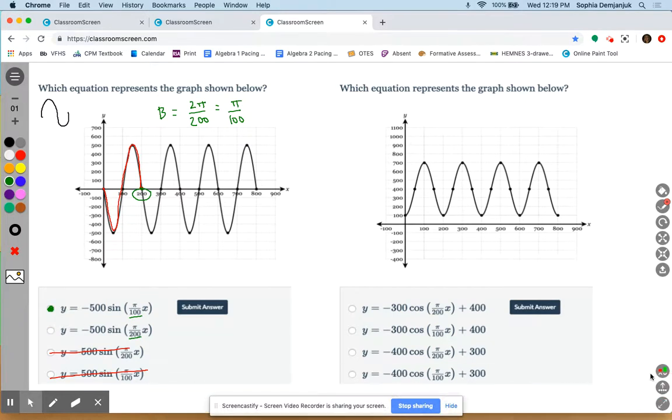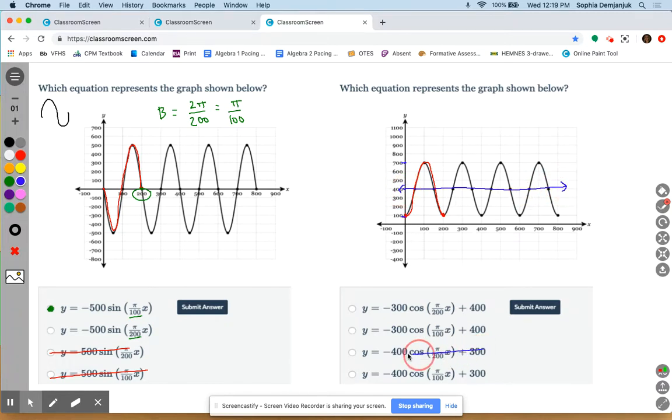And then the last example, I know that they're all cosine because I don't have any other option. So I'm going to look at what I have. Starting at the y-intercept, I have an upside down U. That tells me that it has to be a negative amplitude, but they also all have negative amplitudes, so that doesn't cross anything out. I'm going to find the midline. I have a minimum of 100, a maximum of 700, so a total length of 600. So I'm going to go up 300. The middle of my graph is right at